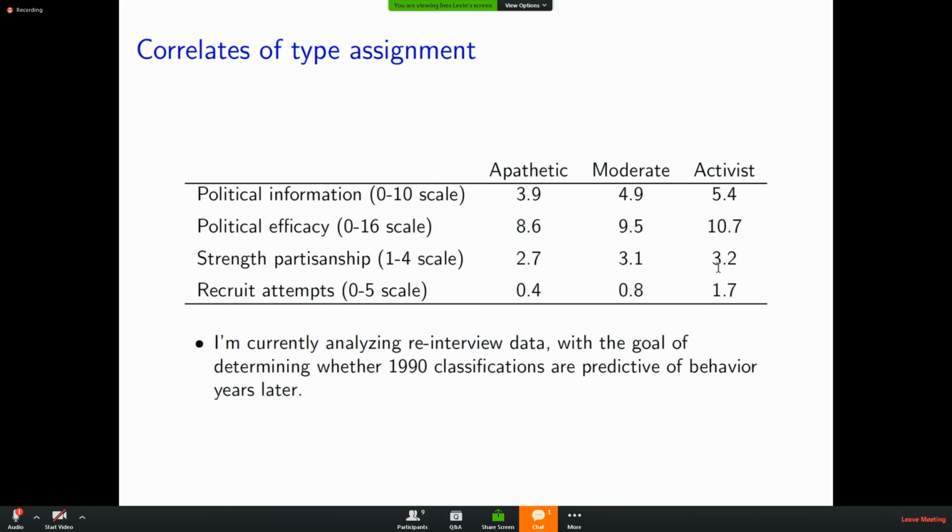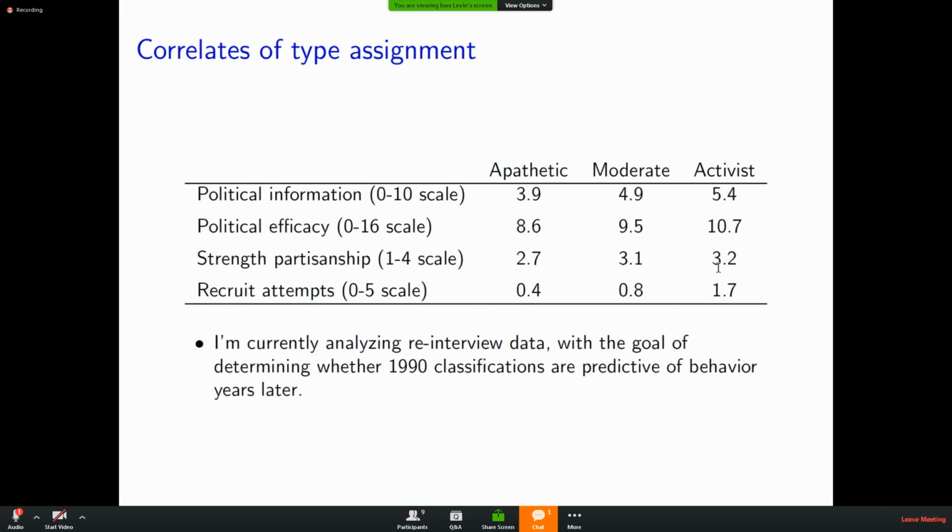I learned years after doing the analysis that I presented, years after first looking at the data for the CPS, that there is also re-interview data. Some of the people who were interviewed in 1990 were re-interviewed between 3 to 4 years later. A relatively small sample, close to 600 individuals, were re-interviewed and asked again about their level